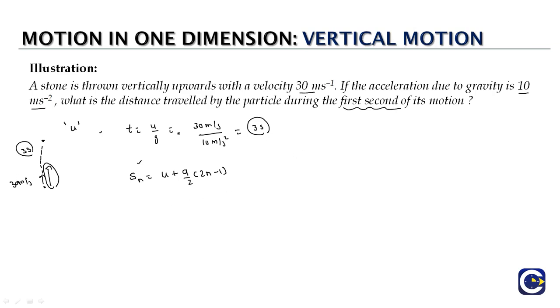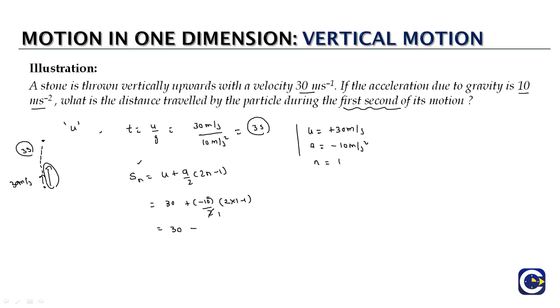So here the values available with us are the initial velocity u equal to plus 30 meters per second since it is in the upward direction, and the acceleration a equal to minus 10 meters per second square since it is in the downward direction, and the value of n is the nth second, basically. So here n is equal to 1. So the Sn value will be 30 plus a, which is minus 10 by 2, into 1 minus 1, which will be 30